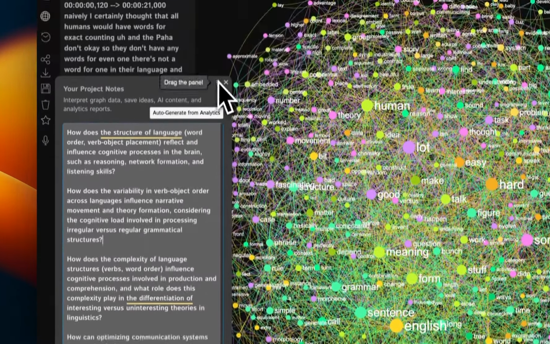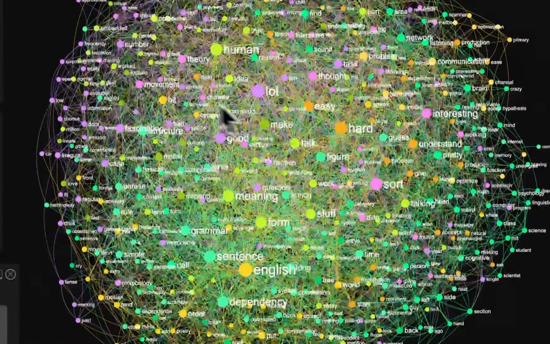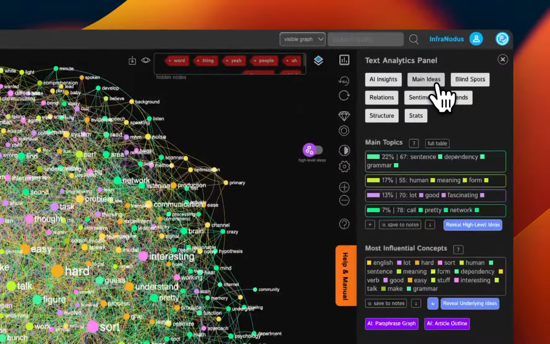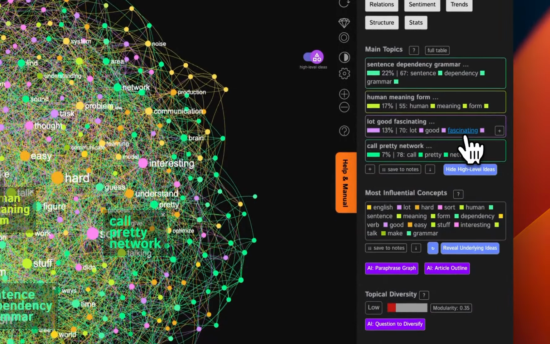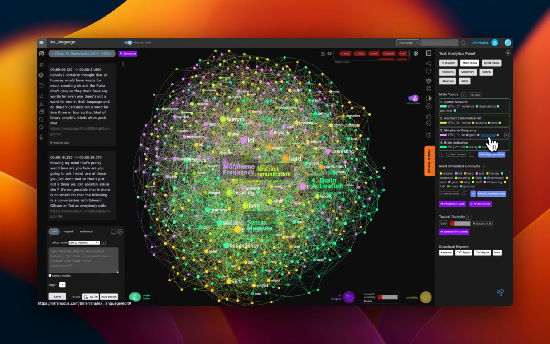So anyway, I'll hide this for now, put it away. So what can we do here? Well, just seeing some of the high-level ideas real quick. It's always kind of fascinating to see how InfraNodus is using the relational structure of words to extract or infer semantic meaning. So we have syntax measure,